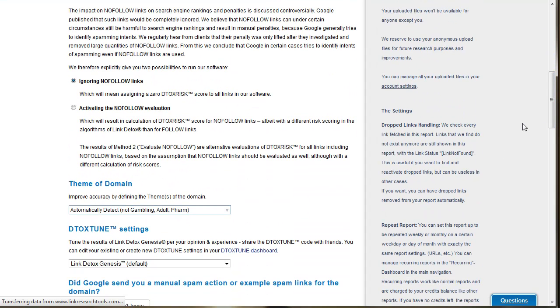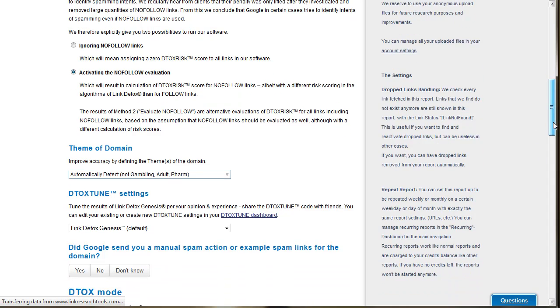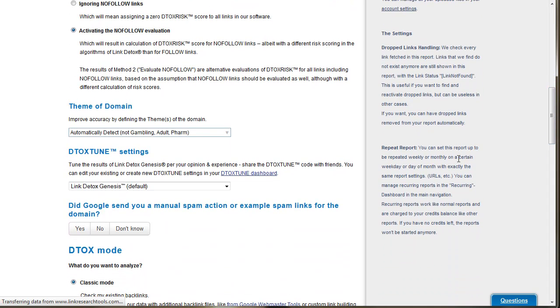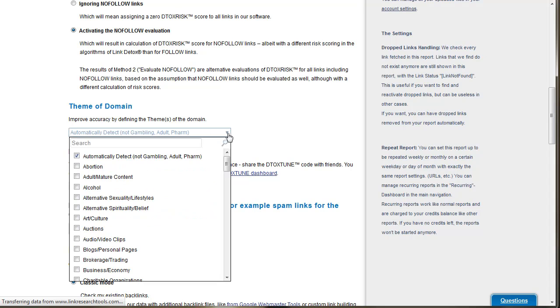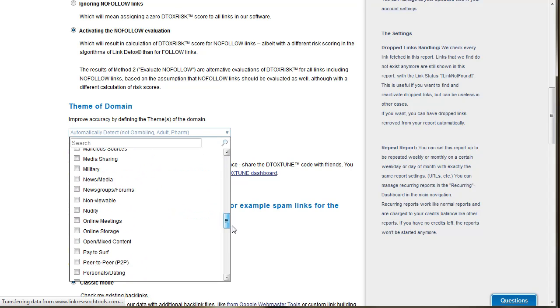Now I have a choice here of ignoring no-follow links or activating the no-follow evaluation. I generally always choose no-follow evaluation because I believe they can hurt you, and I need to pick a possibly